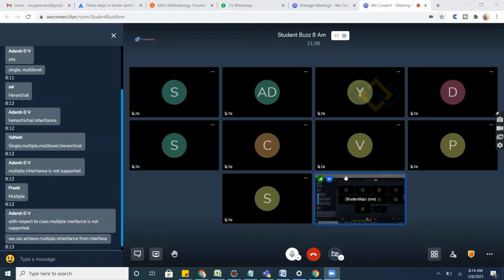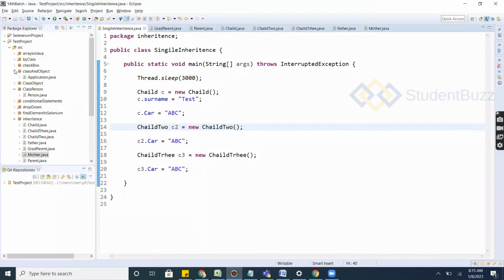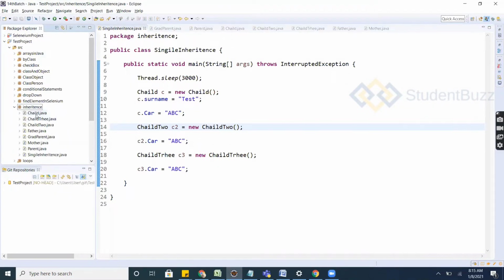So what is inheritance? Inheritance is, you know, when you have a class, you are using data plus methods, right? Data plus methods when it comes to a class, and inheritance also will have similar kinds of things. It's the same as a class, but how do we create this inheritance and how does it work? Let's see here, inheritance.